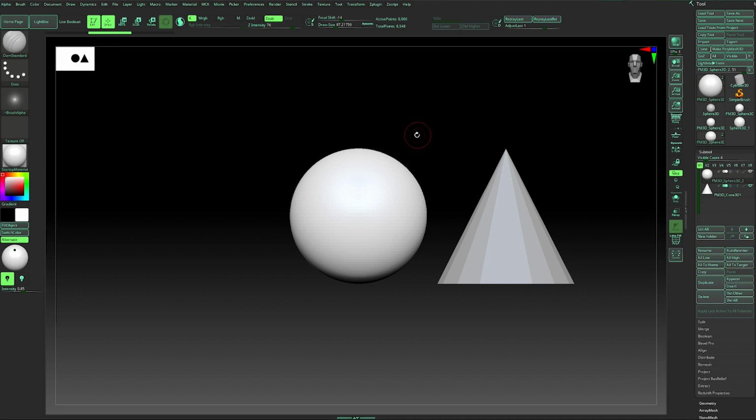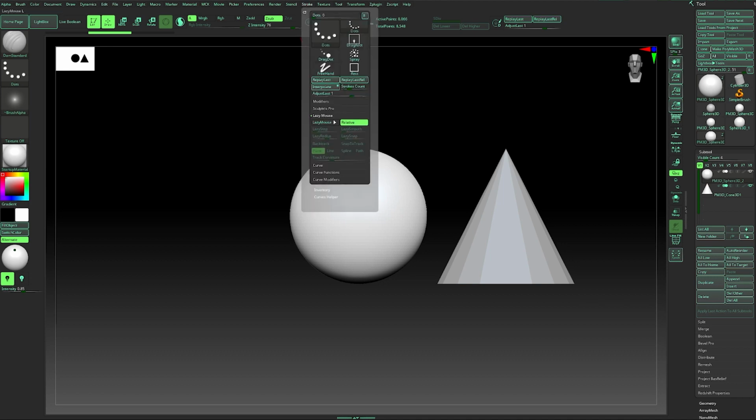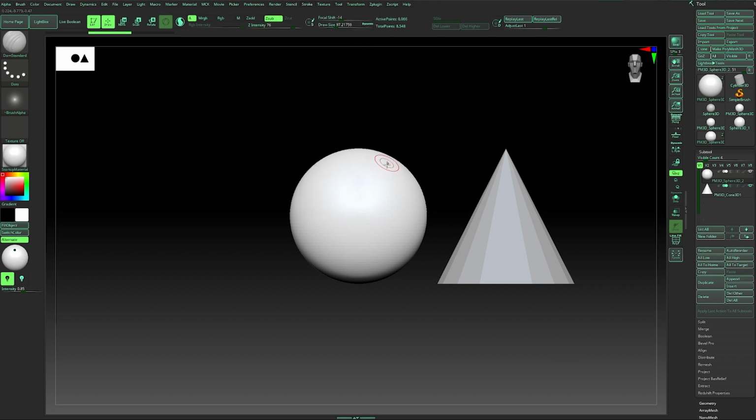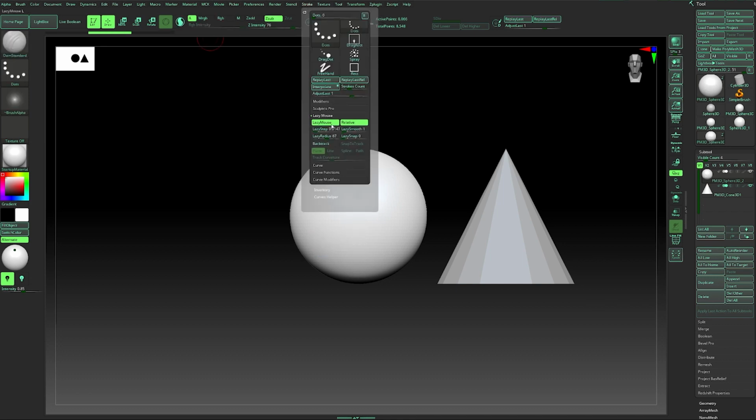Another important thing is stroke, lazy mouse, and I should enable it. But let me explain. Without lazy mouse, I have full control on my mouse and on my pen actually. And if for some reason I want to draw a line and my hand goes like this, everything is carved into my model. If I enable the lazy mouse, and the lazy radius is the controlling value, we're going to keep the lazy step on a low value.